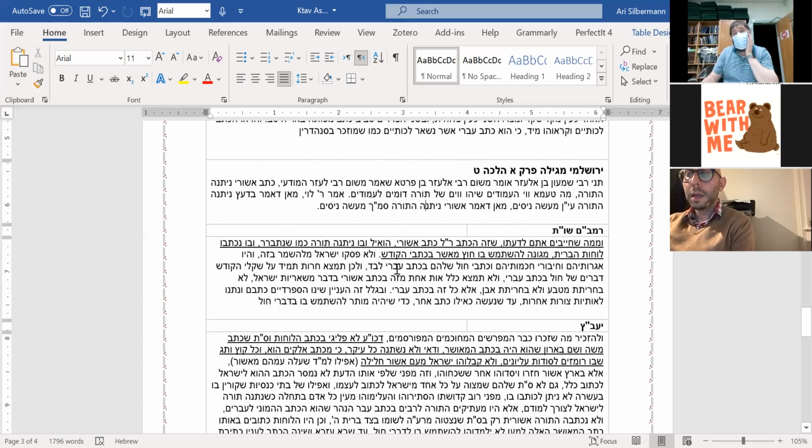And let's see the Rambam from one of his responsa. He says, "Umimasha chayvim atem ledat shezeh aktav," meaning Ktav Ashuri, "הואיל ובו נבנה תורה כמו שנתבאר," because the Torah was given in that script. It seems pashut to the Rambam that the Torah was initially given in Ashuri. Uvo nichtavu luchot habrit, and that is the script of the luchot habrit. Shelo yishtamesh bo chutz mi'kitvei kodesh, and it shouldn't be used apart from holy writings. And then he goes on and speaks about